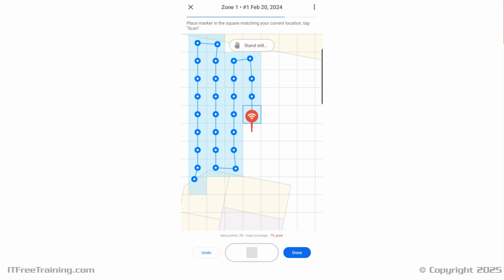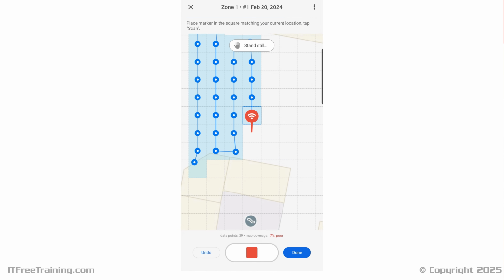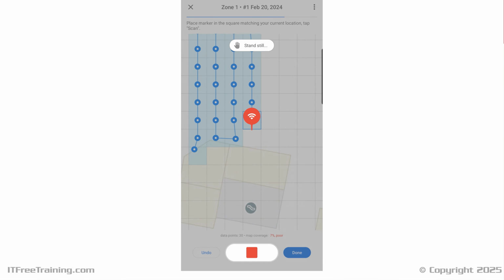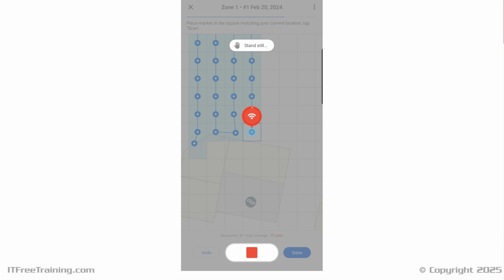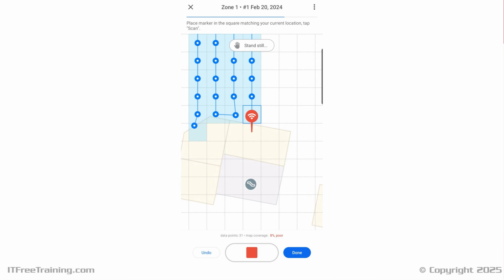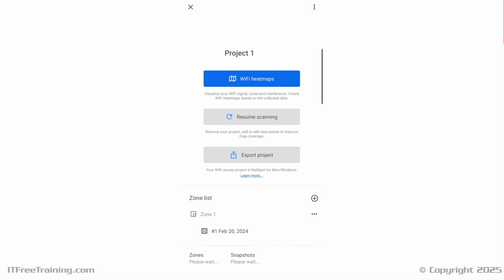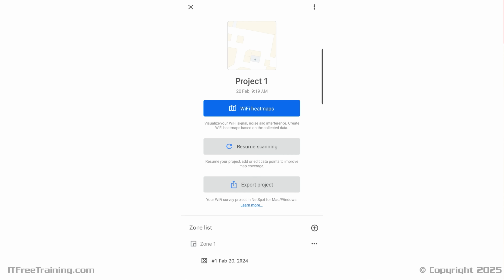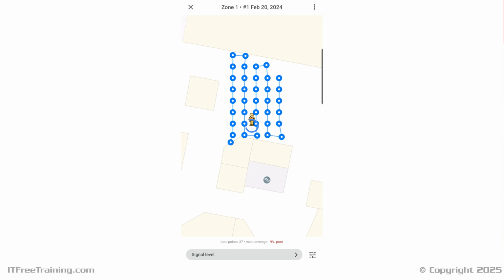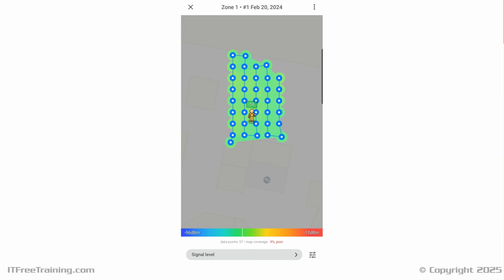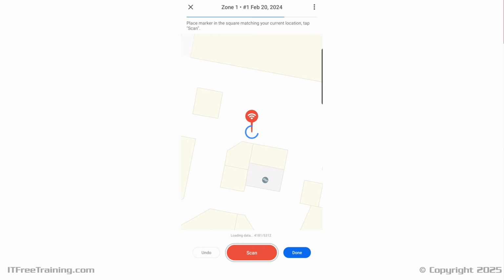If there are obstacles that may block a wireless signal, it is worth scanning more points, but in this case, the area is mostly open and thus there is not much stopping the signal. I will exit out of here and select the option Wi-Fi Heat Maps. This will show the Wi-Fi heat map for the measurements I've taken so far. You will notice that the signal is pretty consistent, so there is an argument not to make as many measurements as we can't really see any differences.